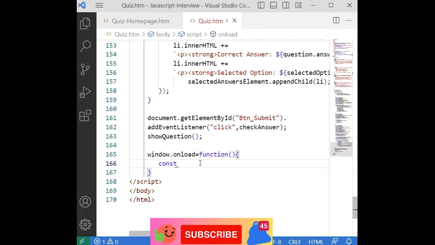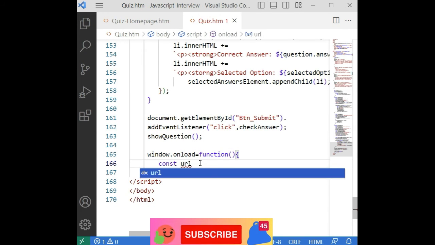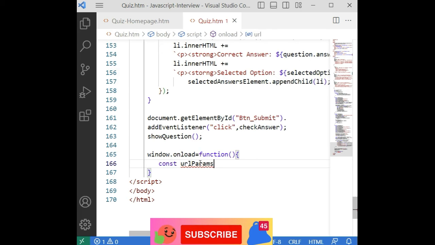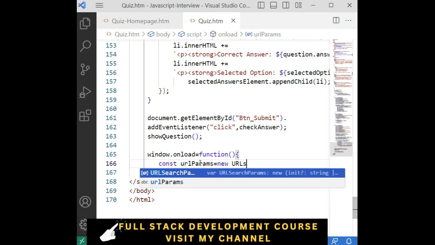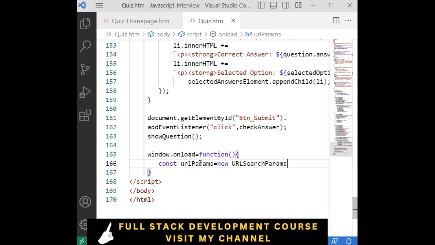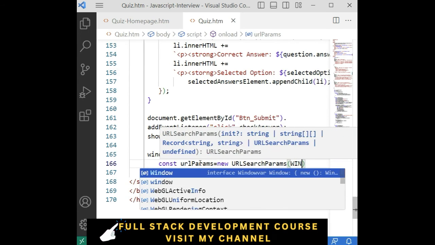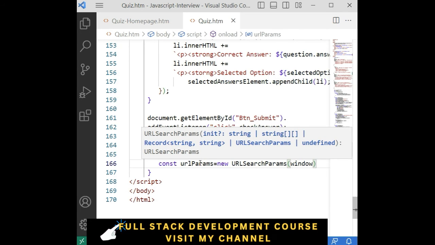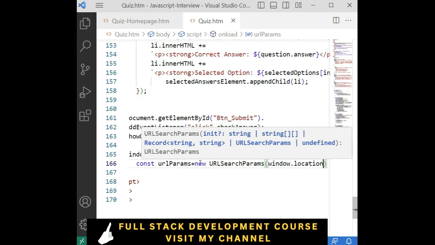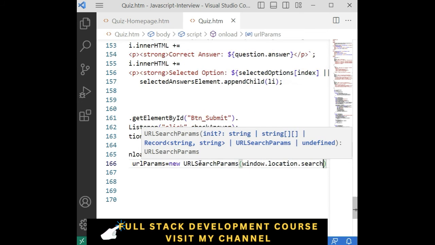So that's the function I'm adding here, URLParams, which is the parameters, new URLSearchParams, window.location.search,